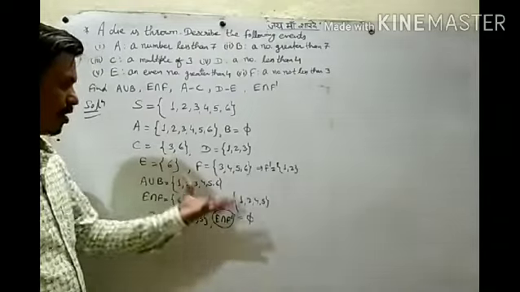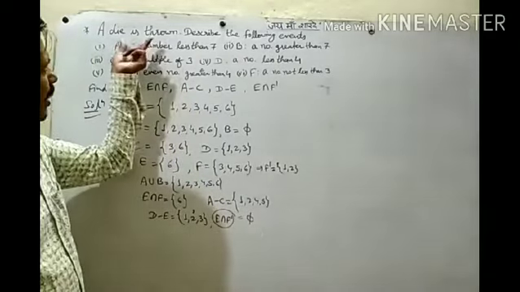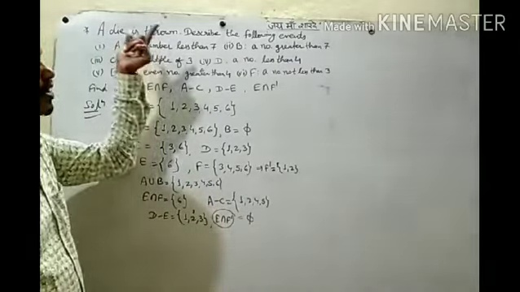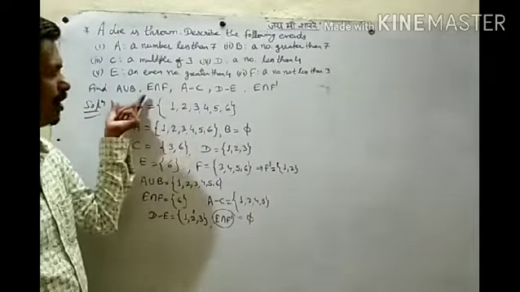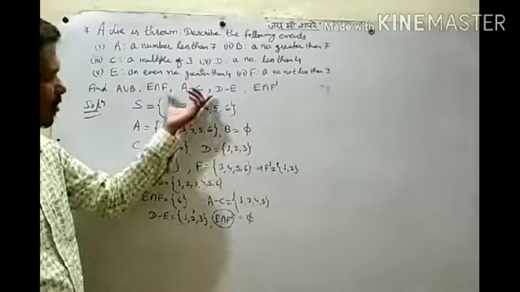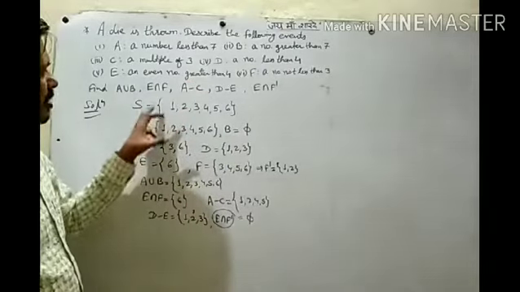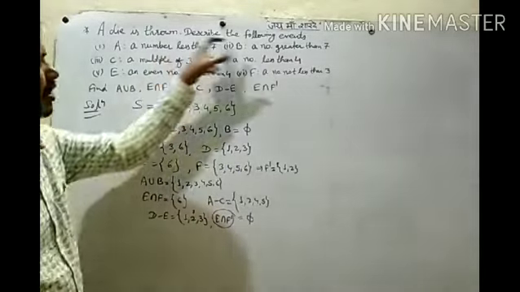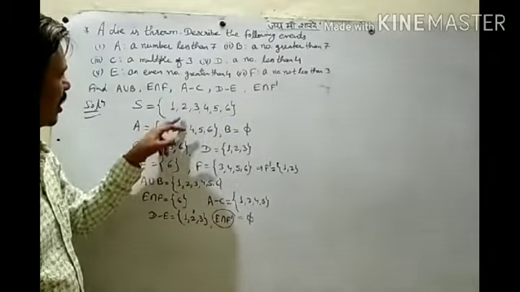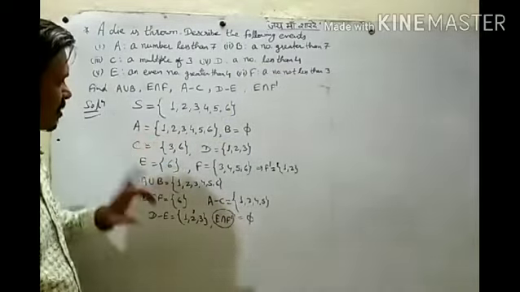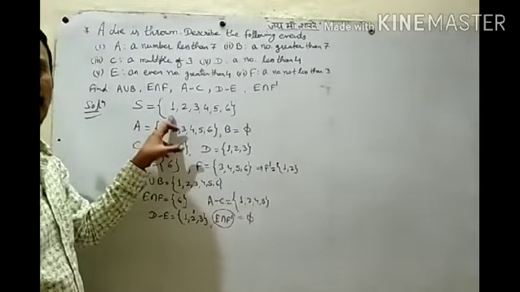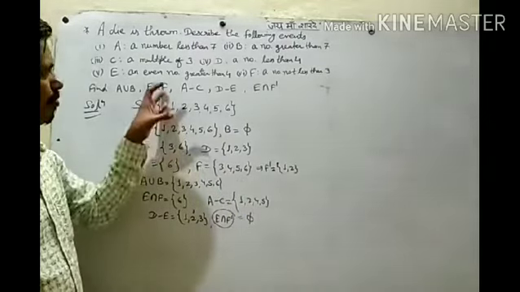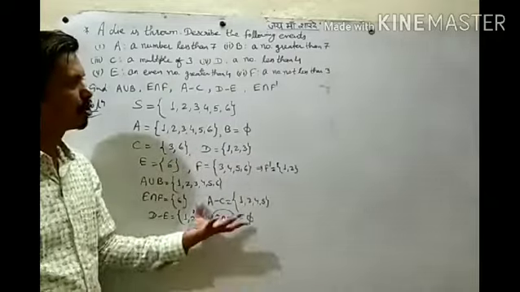If an experiment is given, we have to describe some events and find some values. So first write the sample space, and according to that we can write the events. A, B, C, D, E, F are all subsets of this sample space S. Note it down, then we'll see some more questions.